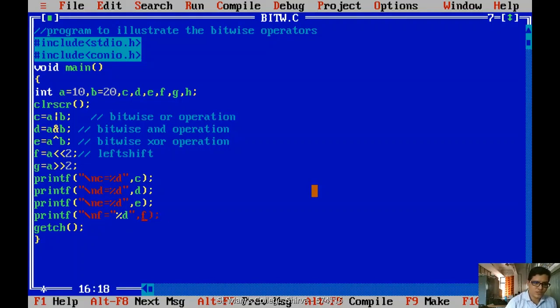Yes, what is the mistake here? Can anybody see? This is a mistake. Okay, now one more printf. Now slash n g is equal to %d double quotation g. Yes, I'm saving now, compiling and running. Please observe